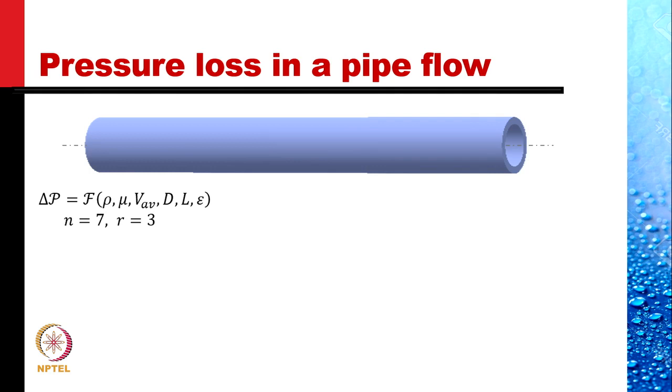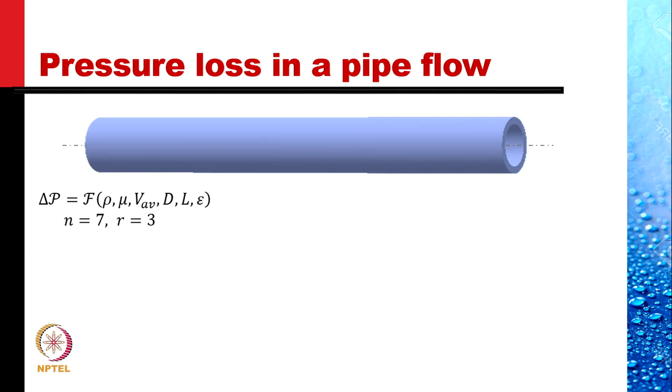Delta P, the pressure difference at the two ends, depends upon the density of the fluid, the viscosity of the fluid, the average velocity of the fluid through the pipe, the diameter D of the pipe, the length L of the pipe, and epsilon, a roughness parameter, typically the average height of roughness on the inside surface of the pipe. We see here the total number of parameters involved is 7, and if we work in